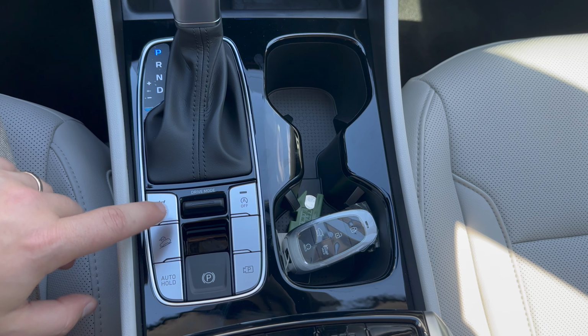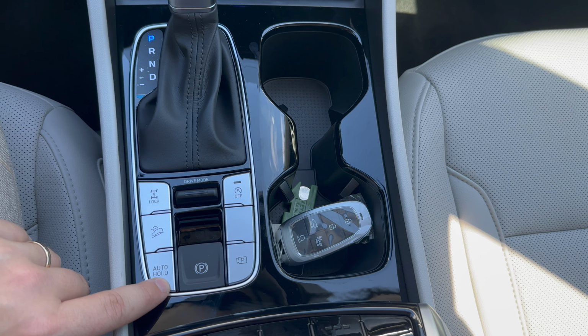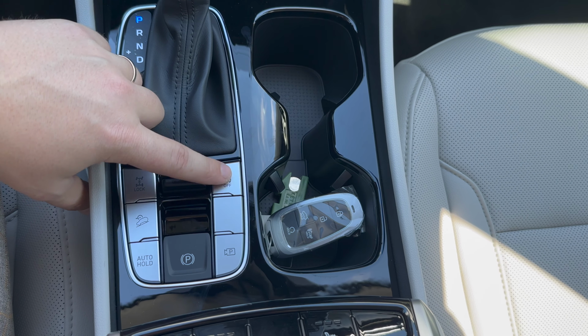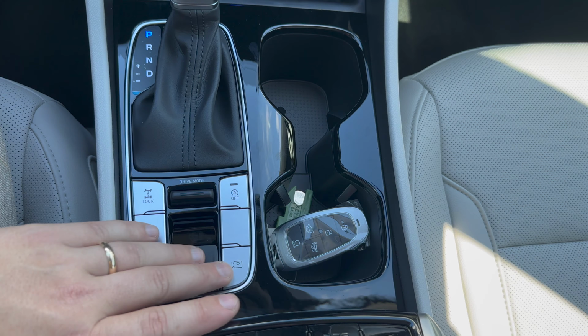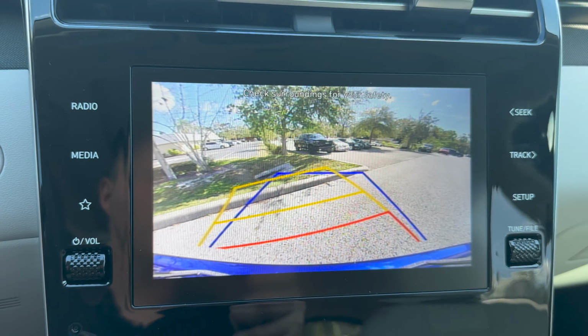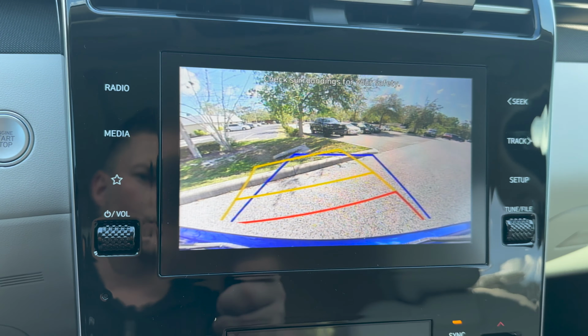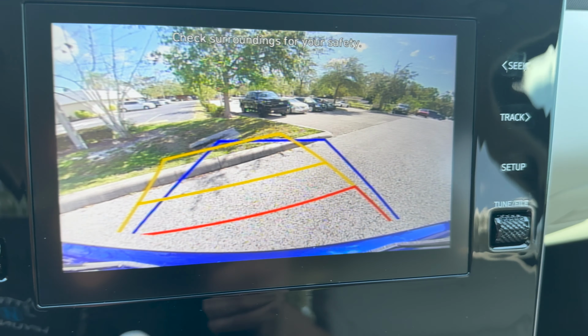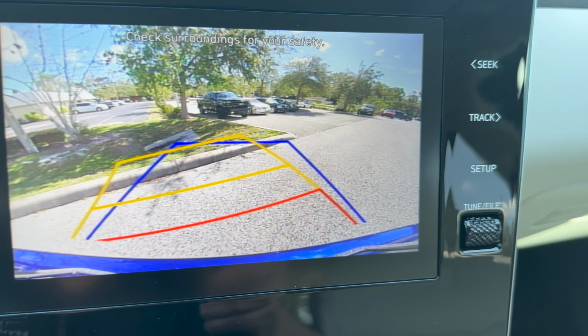All-wheel drive lock because this is an all-wheel drive vehicle. Auto hold, nice feature to have. Engine has idle stop and go. Here's a switch, you can turn that off. And here you can press the camera button to see what's behind you. That's your backup camera. Nice and clear image. Lines are very accurate. You can position the car very well. You can see the bottom portion of the bumper at the very bottom of the screen, which makes parking very